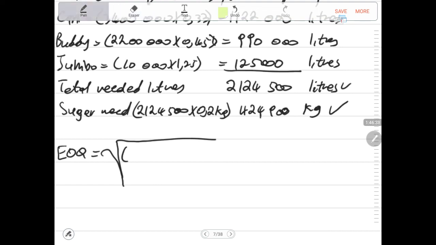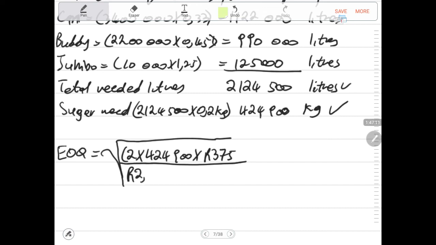It is 2 times by annual demand, which is 424,900, times by cost to place an order 375. Then we divide all of this by the holding cost, and our holding cost being